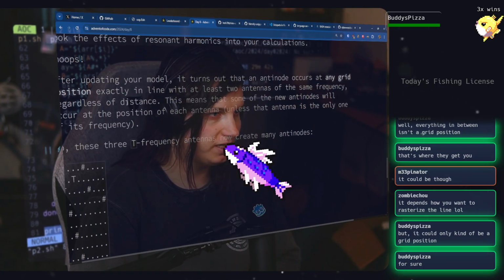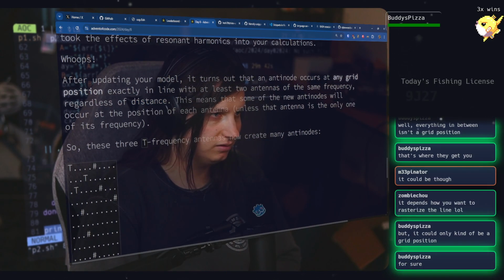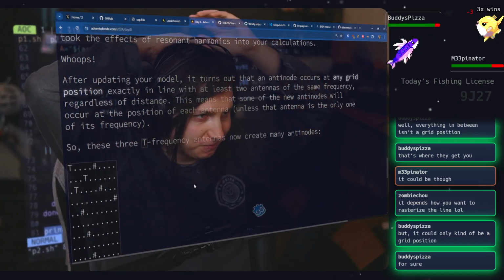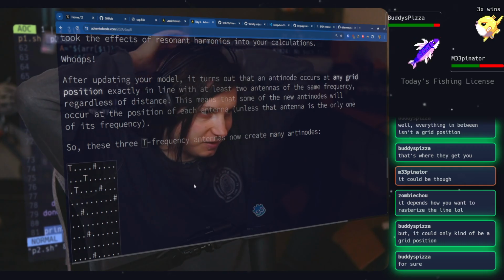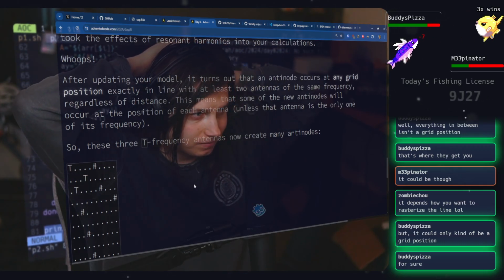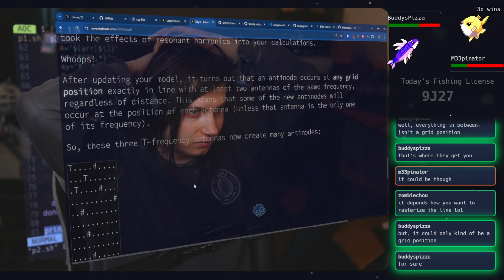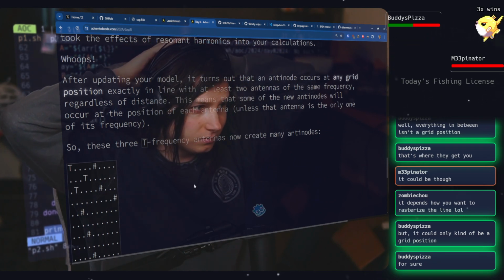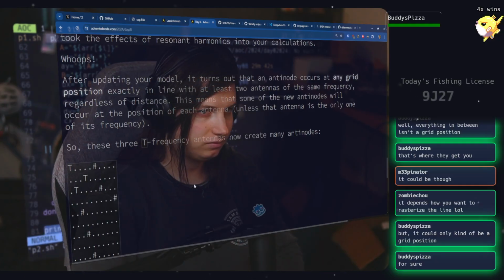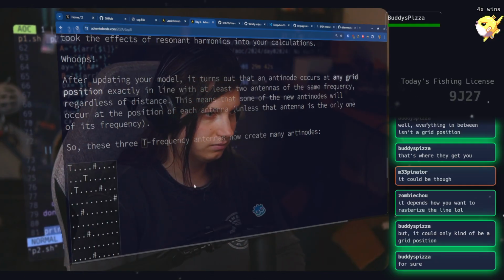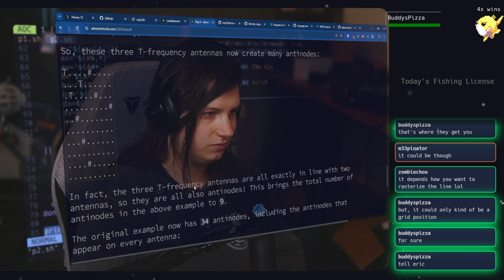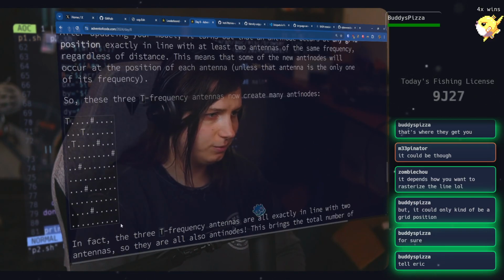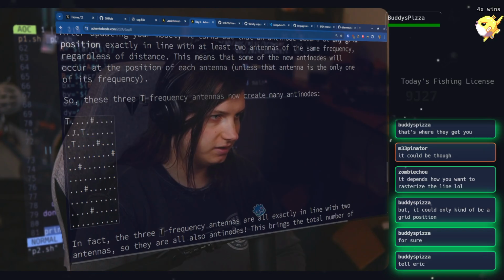I think the word repeating should be in here somewhere. I think if the word repeating was in here, it would make a lot more sense. I think that's pretty much all that's missing. Tell Eric. Nah. The example was good enough that you can kind of see it, but